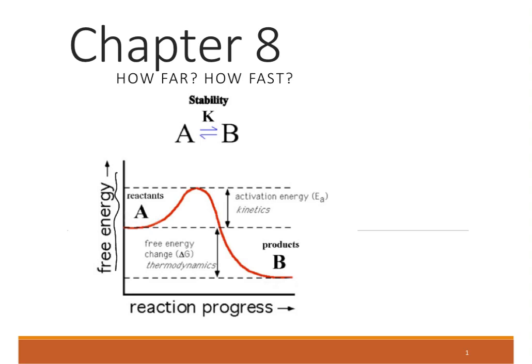Note that along the y-axis is energy. A lot of times it's delta G. Sometimes you'll see it as delta H, but usually delta G. On the x-axis is reaction progress. So notice that the reactants are represented to the far left and the energy of the products represented to the far right. All right, so energy profiles tell us a bunch of things, but two of the most important things